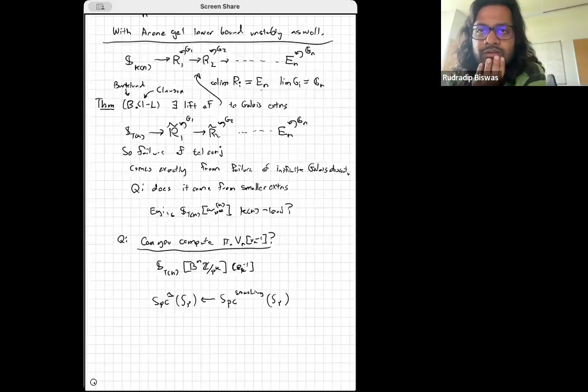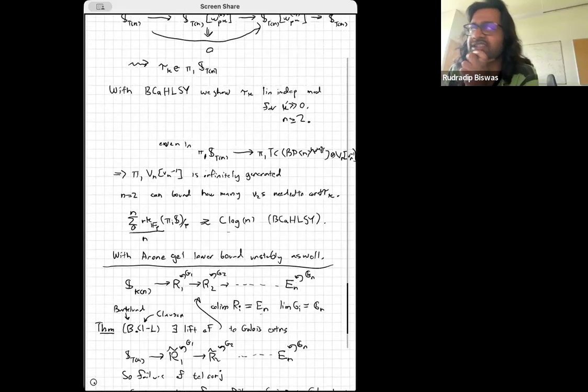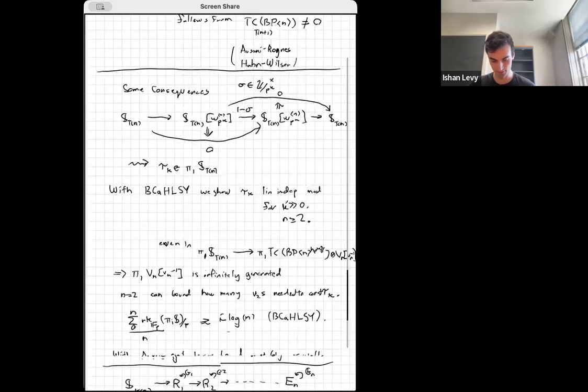Also, in relation to your work with Greg Arone, you said that for the unstable version you had to work with these Goodwillie towers and the interactions with the telescopes. Could you say a bit more about how the unstable version is approached? So the point is there's a spectrum.